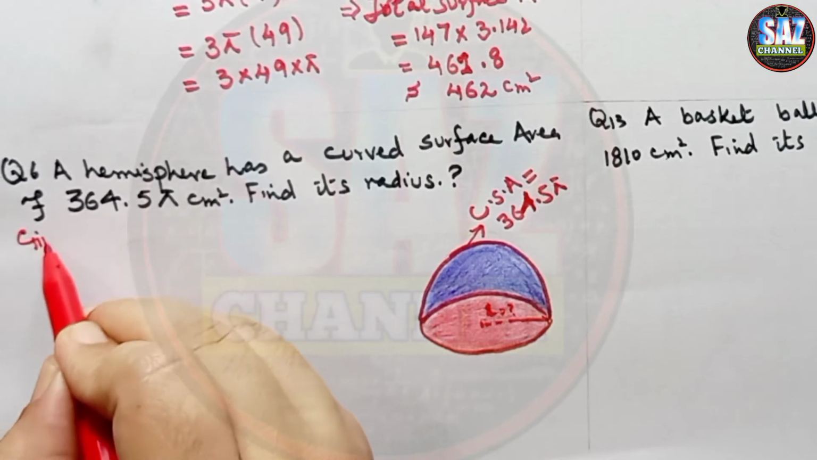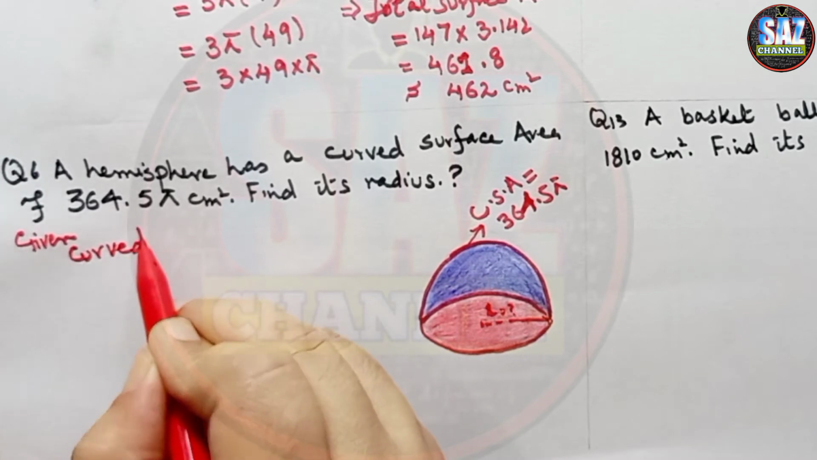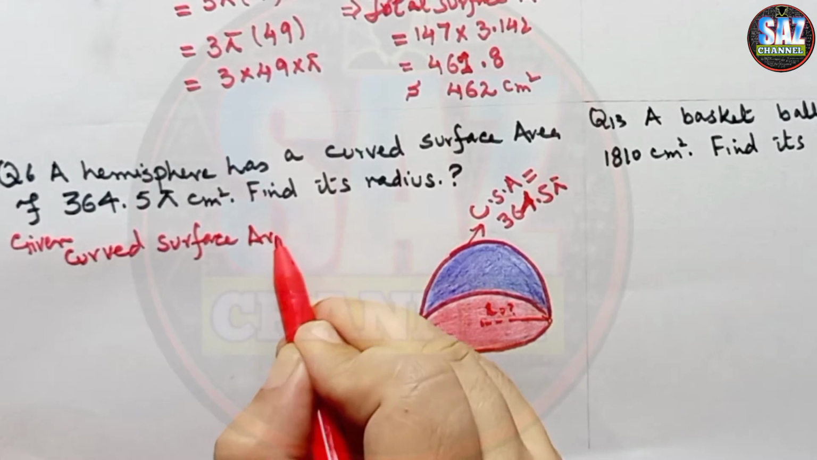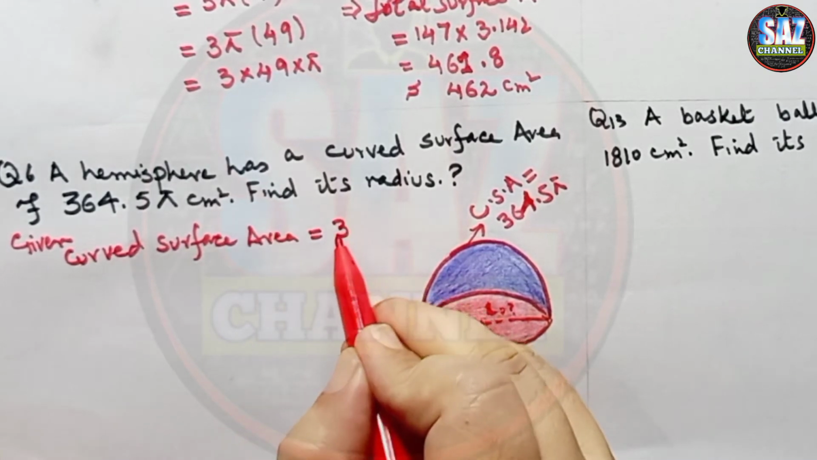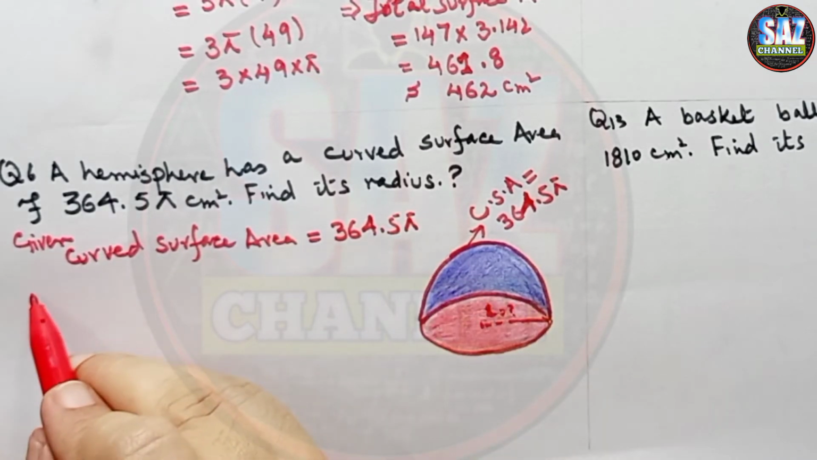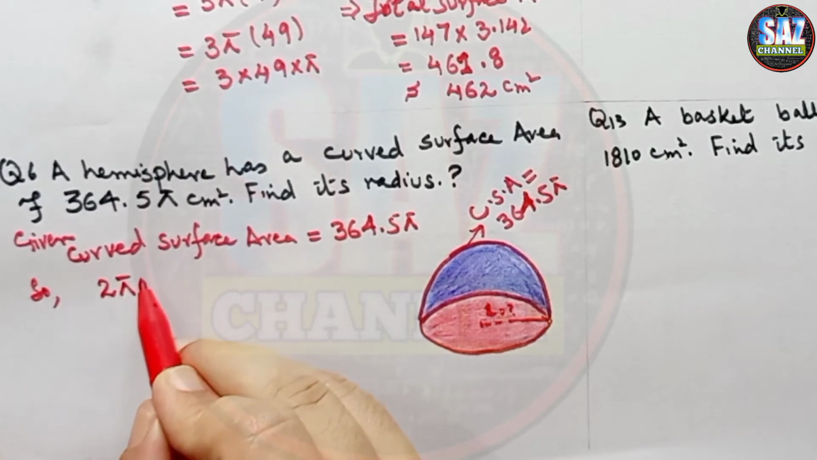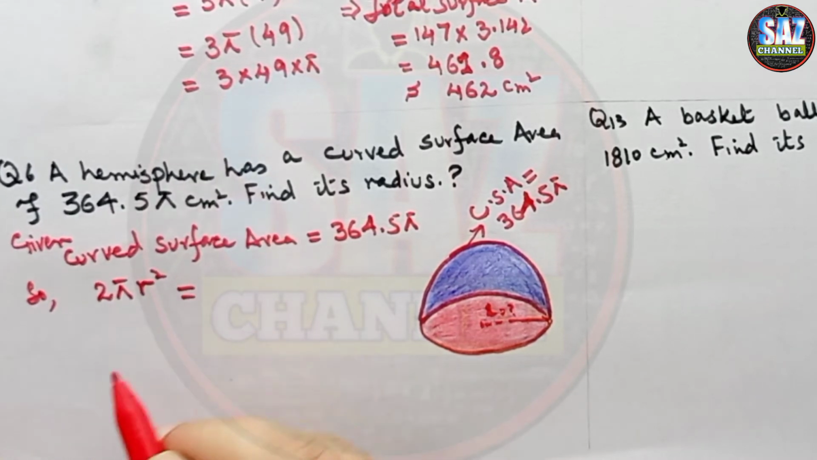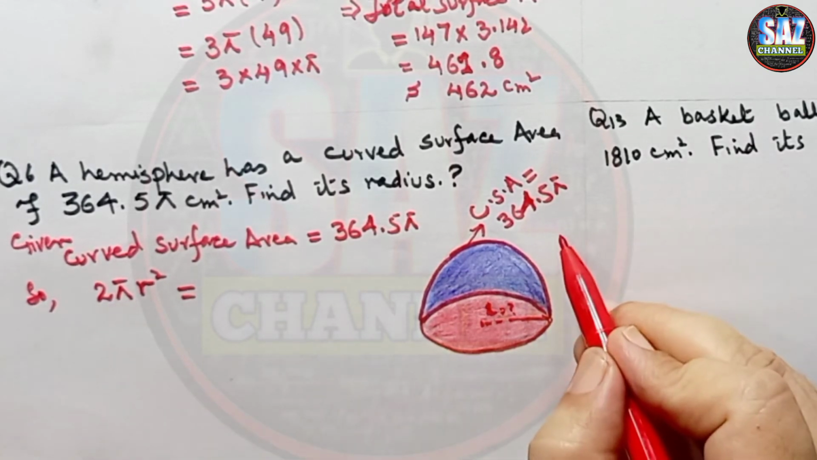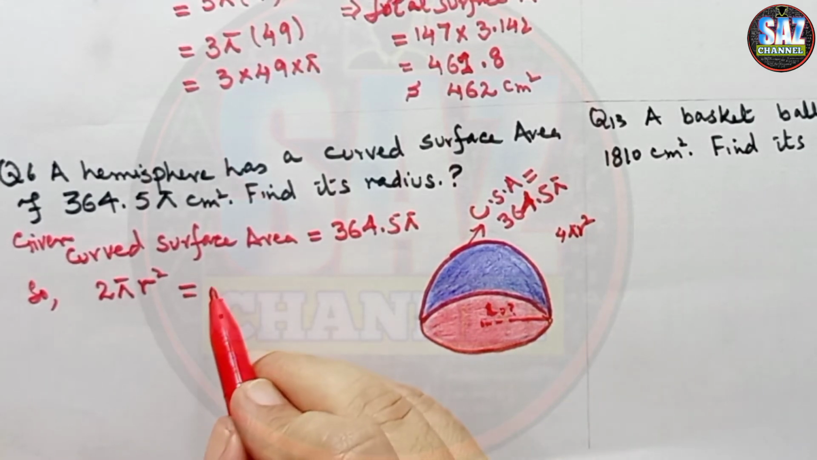Given curved surface area is 364.5 pi. Now what we have to do, we have to equate it with the curved surface area formula of hemisphere, which is 2 pi r square, which is half of the sphere. Full sphere has the surface area 4 pi r square. As this is half, it will be 2 pi r square equals